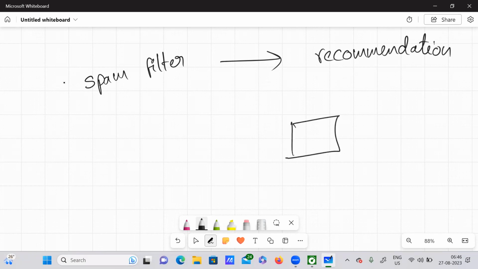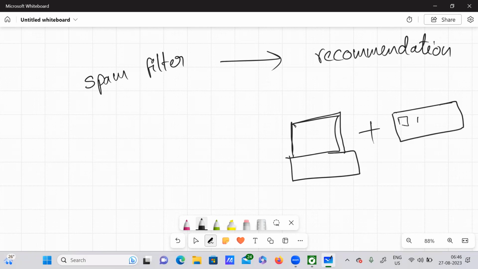For example, if you buy a laptop, they'll say people are preferring this laptop along with this Logitech mechanical keyboard. So you'll get a recommendation like this.